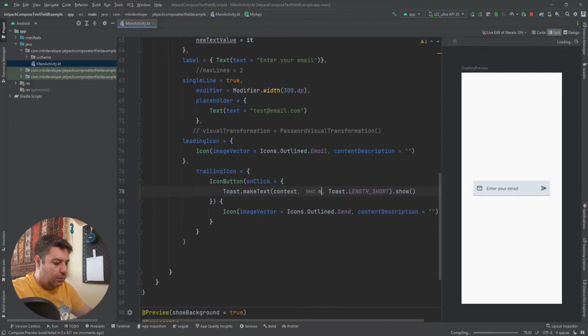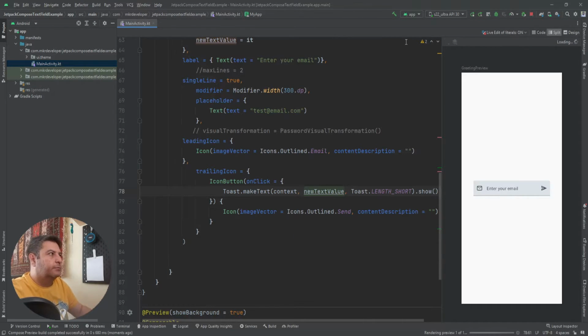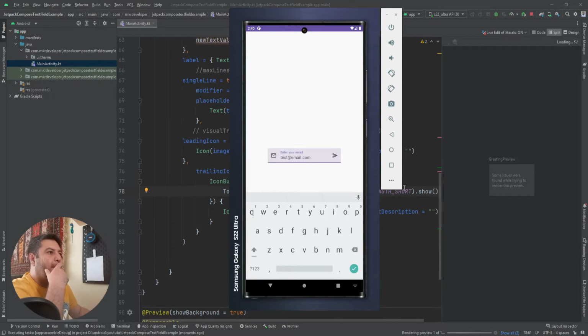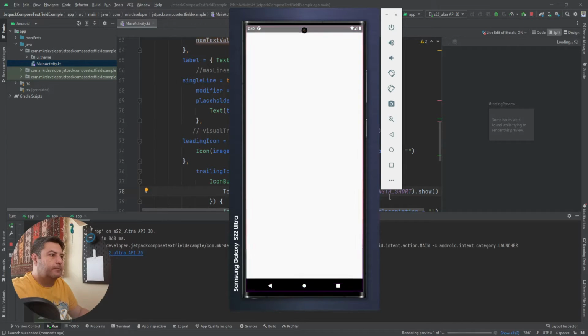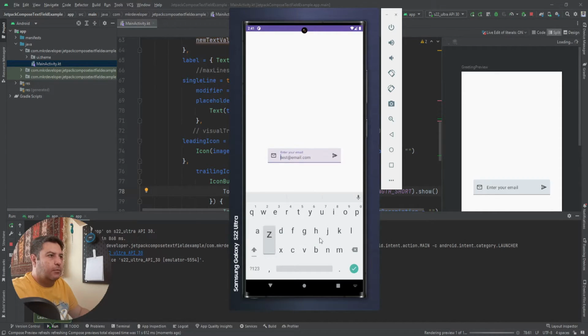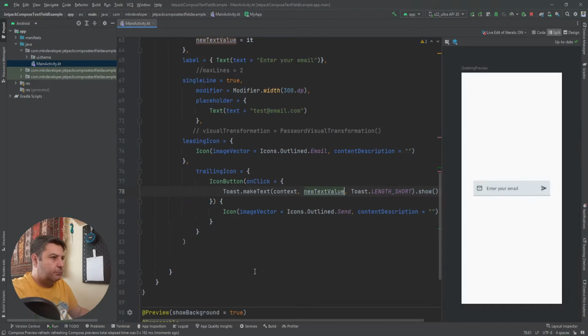And here I can display the new text value. Let's check it. I'm writing something and pressing this, and as you can see I have it here. Okay,